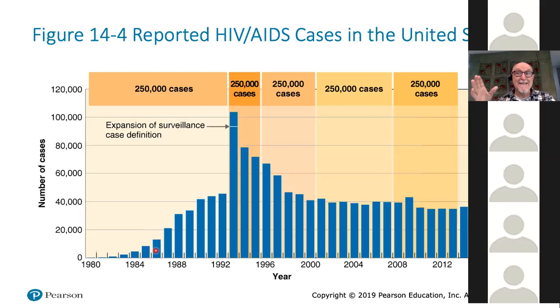with great rapidity. So have a look here and you'll realize this is probably 1980 to 1992, 12 years for us to accumulate our first 250,000 cases. But the next 250,000 cases were accumulated in only 4 years. This